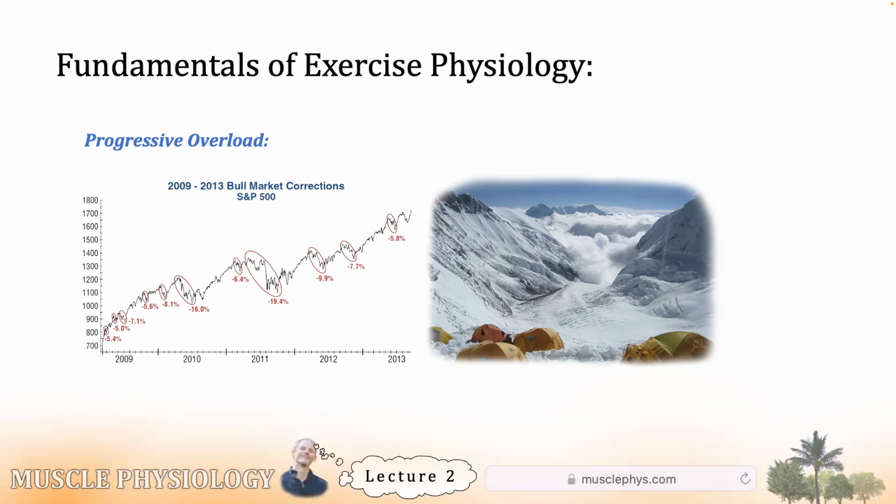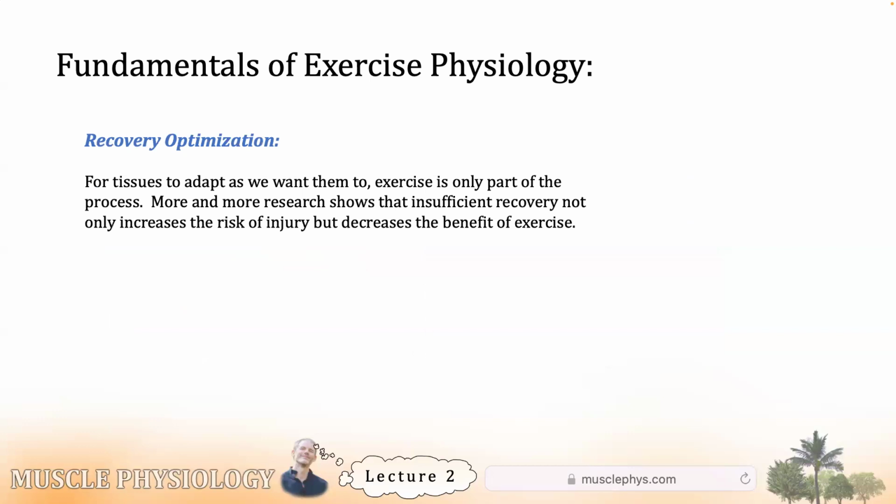You can't just go up, up, up, up, up all the way to the top. I mean, unless you have some oxygen, some really good Sherpas, you go up some and then down a little bit to rest, and then up some more, and then down a little bit to rest for another bout of recovery, and then up some more and down a tiny bit again, and so on. That's progressive overload in the way that it should be enacted. It shouldn't be interpreted as a constant, linear, unrelenting increase in stress. Otherwise, you won't recover. Which brings us to recovery optimization, another principle.